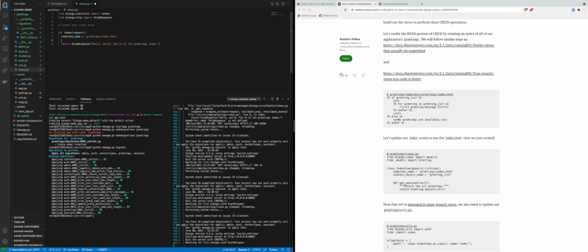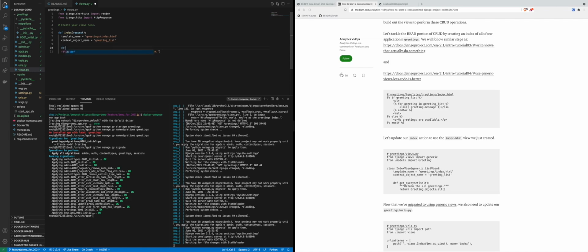And then also tell it to merge this list of data into that template. So give it a list of greetings,